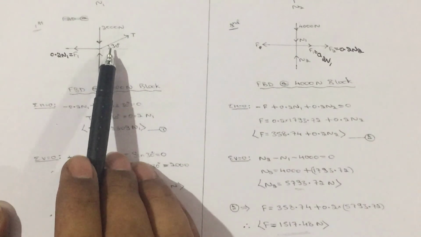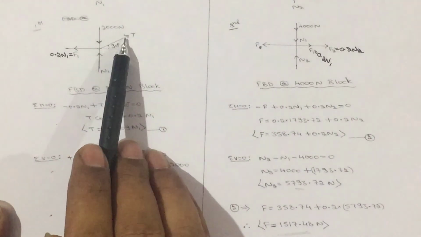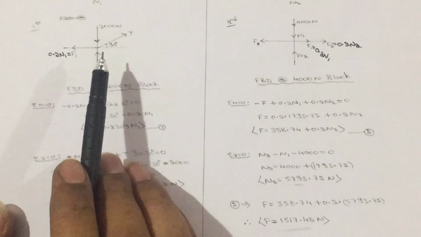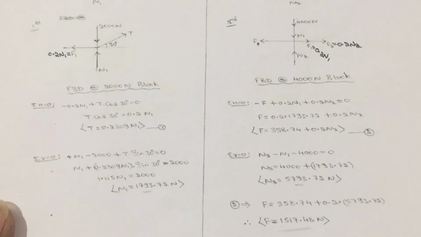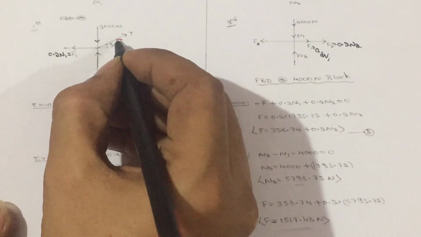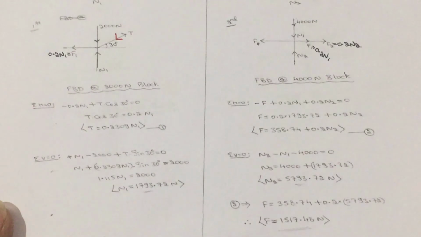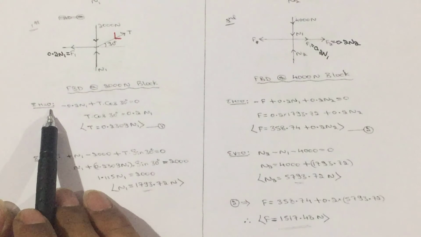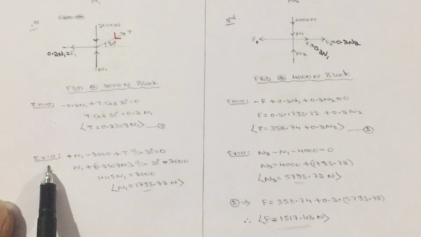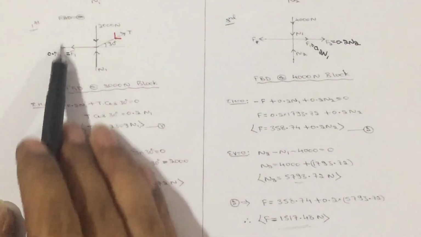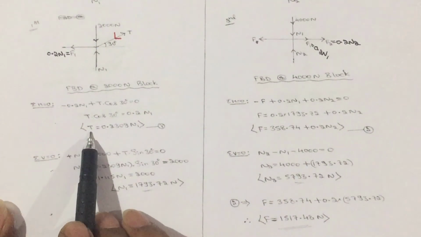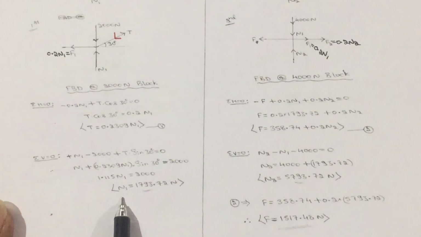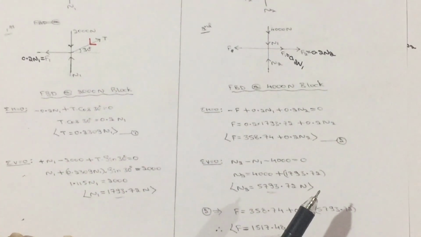First step is theta and split up. Determine the horizontal angle theta for the inclined forces, it is given. Then split it up. Nothing but behind the arrowhead draw nearby horizontal line, nearby vertical line, it will give you the directions. Then calculate sigma h is equal to 0, then sigma v is equal to 0. When you calculate sigma h is equal to 0 from this free body diagram, you will get T value. Then calculate sigma v is equal to 0, you are going to get N1. Then go to the next free body diagram.